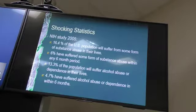Oh yeah, that's within the last 6 months. 6% have suffered from some form of substance abuse within any 6-month period. And like I said, it may actually be higher than that because of the opioid problem we have in the United States, and also the legalization of marijuana. We have no idea what this is going to do. We can't look at Colorado and assume every place is going to be the same. But